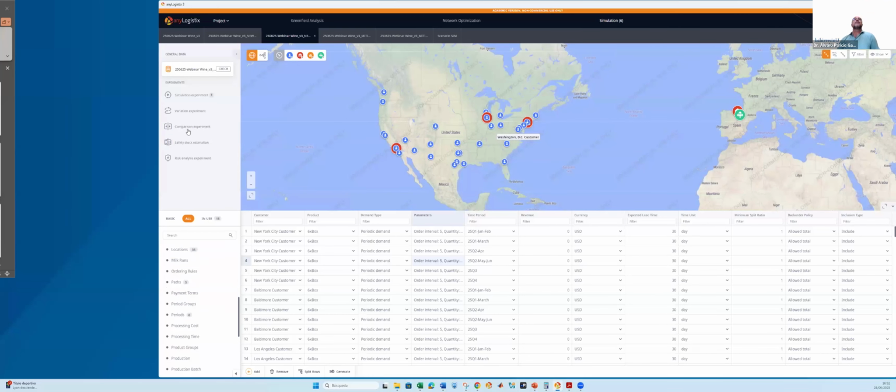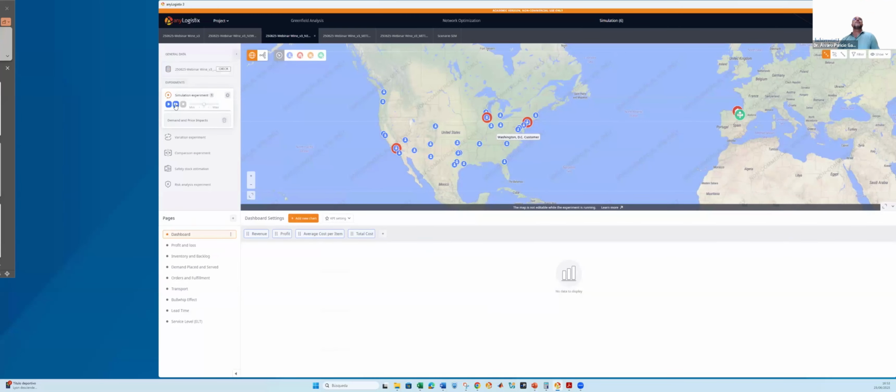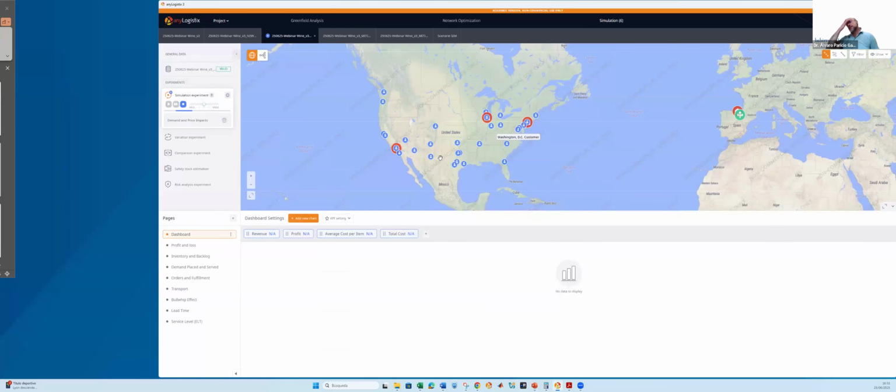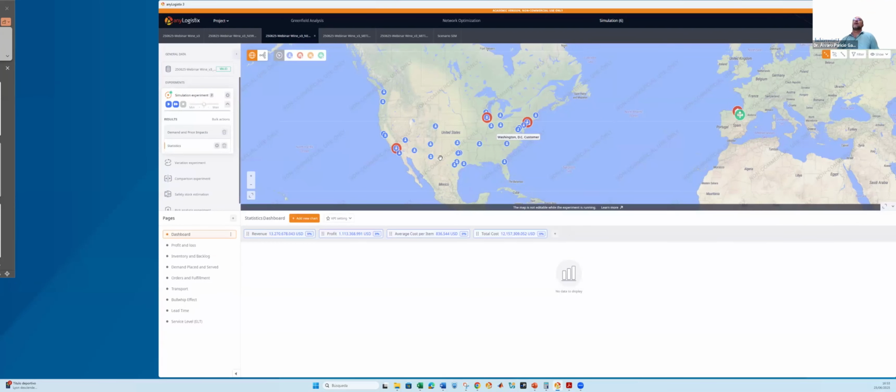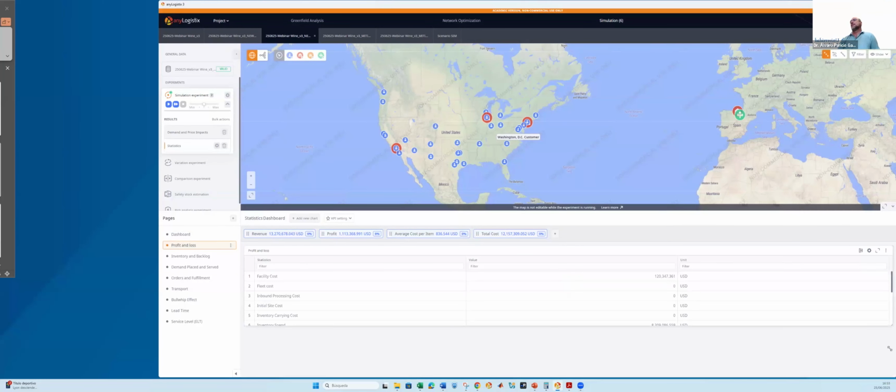Okay, so if we simulate, we go for this. I took the fast path for simulation, that is this blue button. Then I open this and I'm going to see